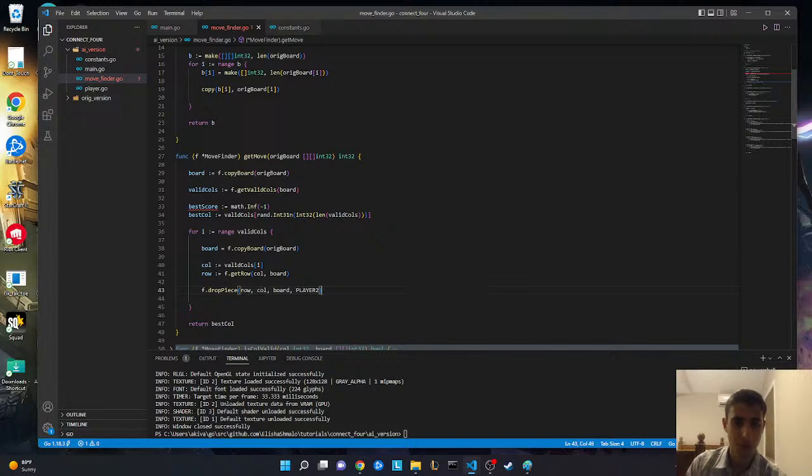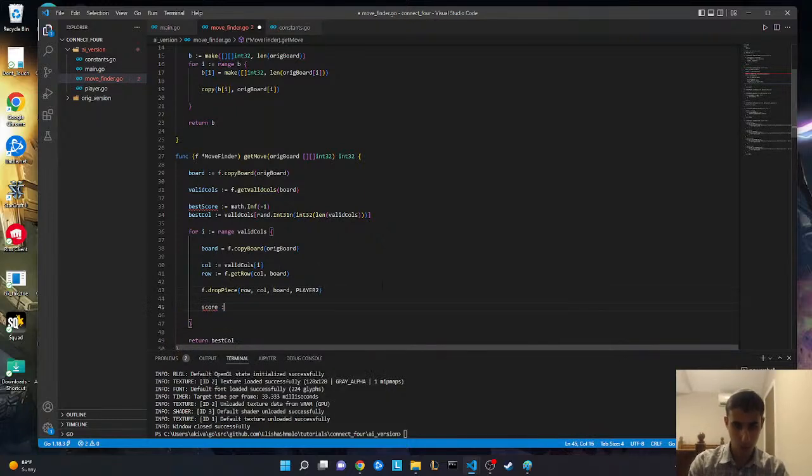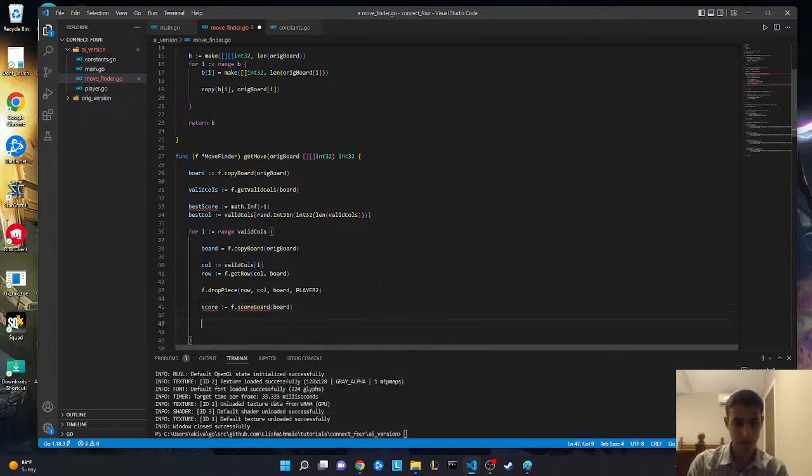Okay, so score colon equals f dot score board, and it's just going to pass in the board. If score is greater than best score, in other words, if we found a better score, then best score equals,